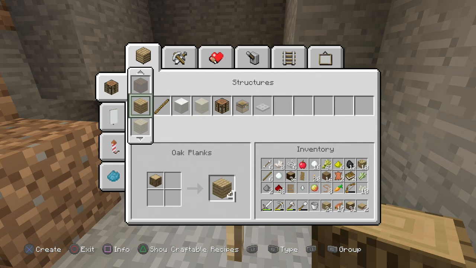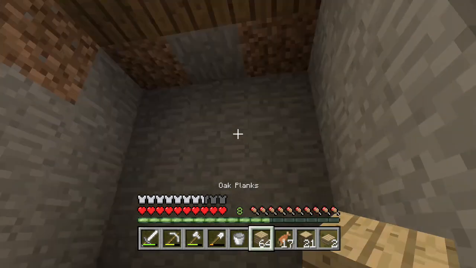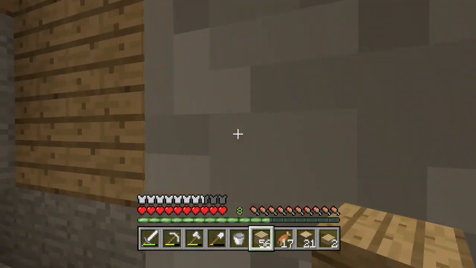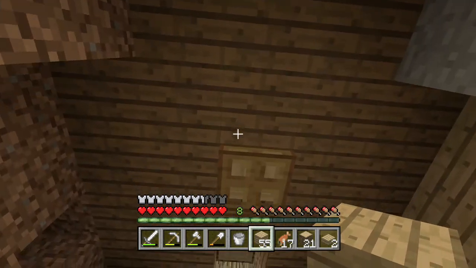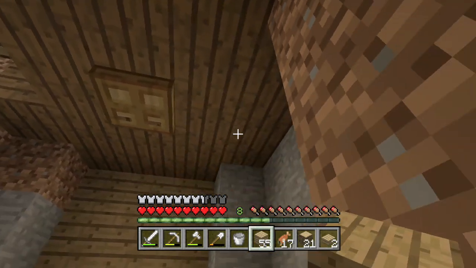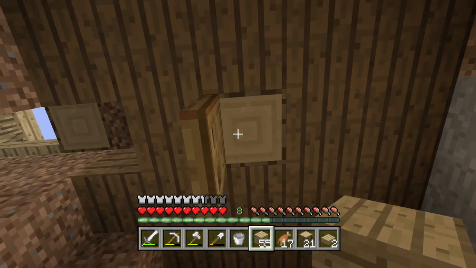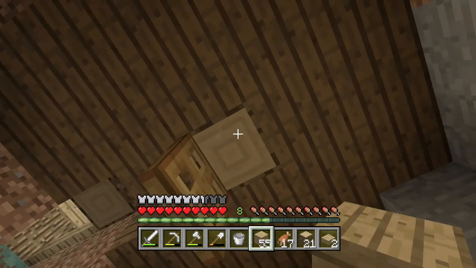So first of all, we're going to turn the logs into wood. This should be a good amount to get us going. And basically, I filled in the roof, and the roof is looking pretty nice so far. And I might even do something with that. I might change that block. But that block, like above it,